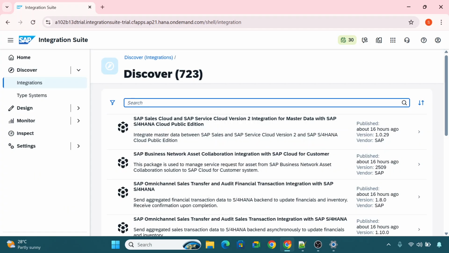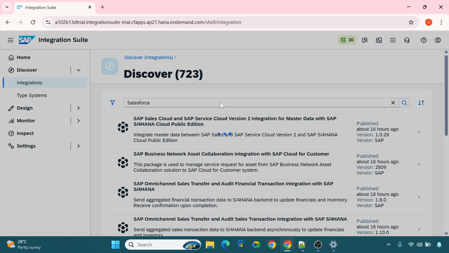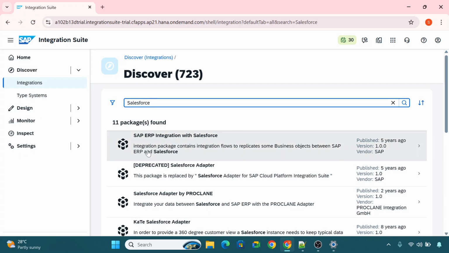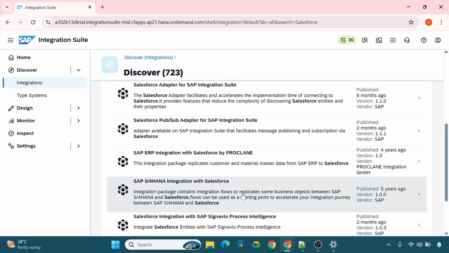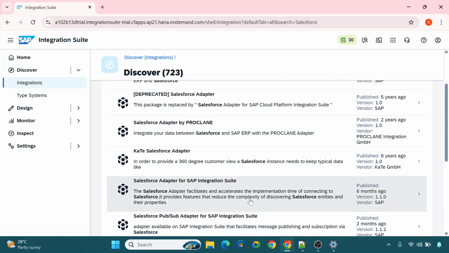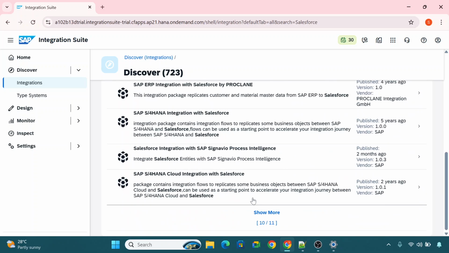Okay, now if you select here, I'm just searching for Salesforce. My intention is to show you that there are already dedicated interfaces, iFlows available in this discover section. If, for example, this SAP S4 HANA cloud integration with Salesforce is your project, then you need to